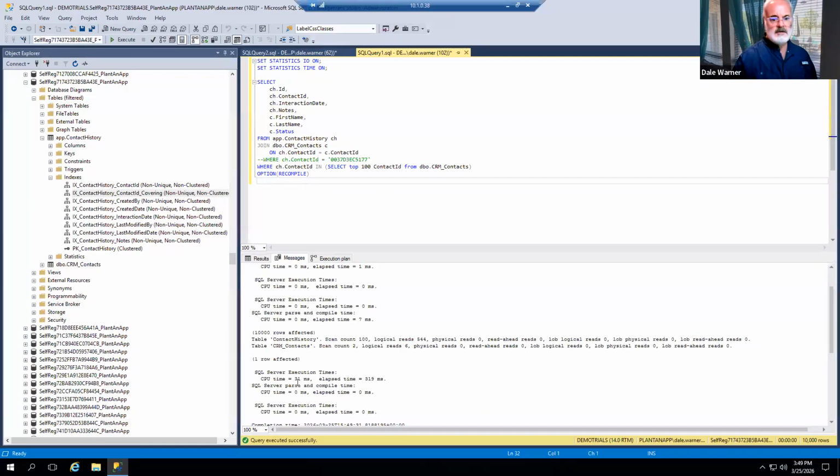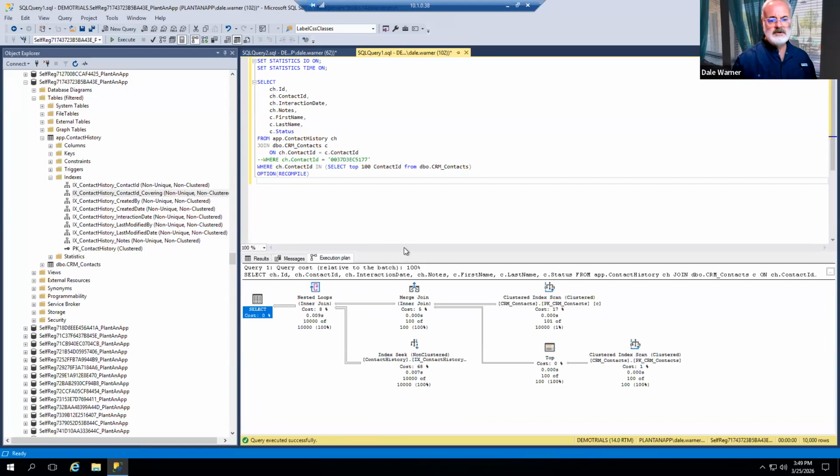And 31. So we got a pretty significant reduction in both CPU and elapsed time just by taking the suggestion of the AI engine. Okay. So there's another cool thing that I wanted to show you. We see this execution plan, and